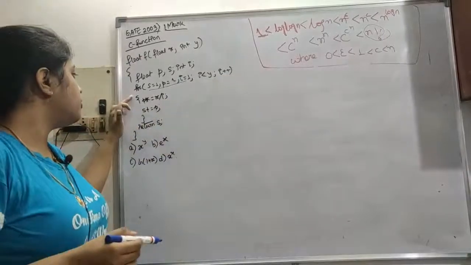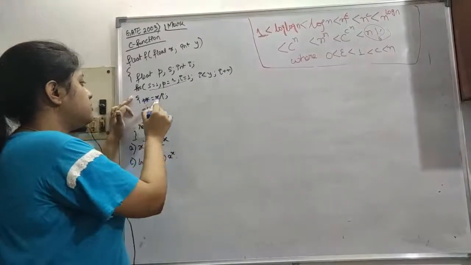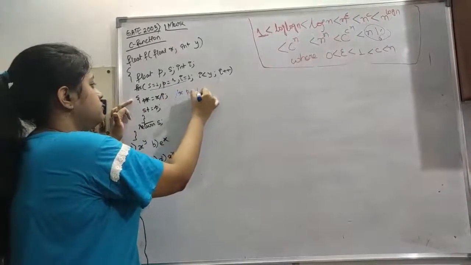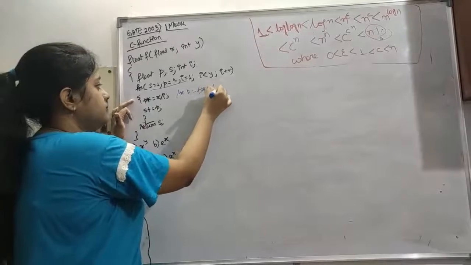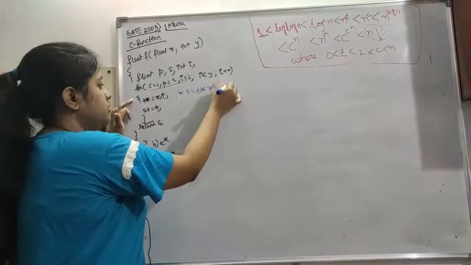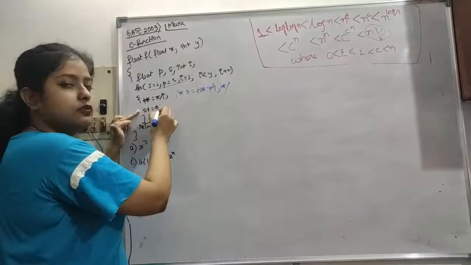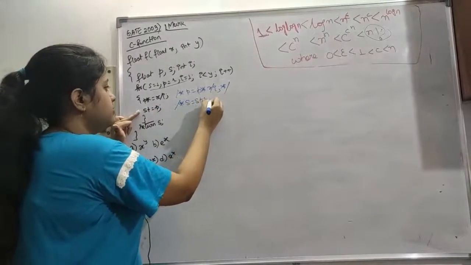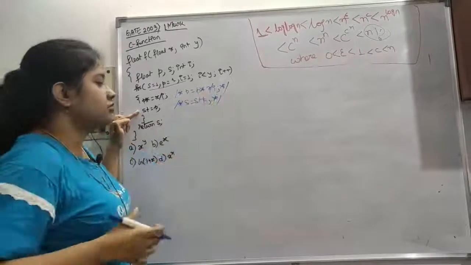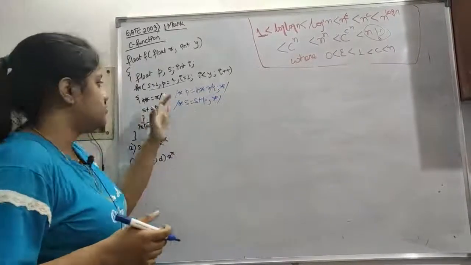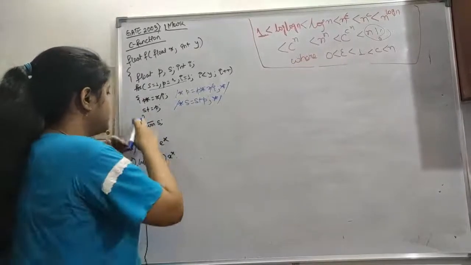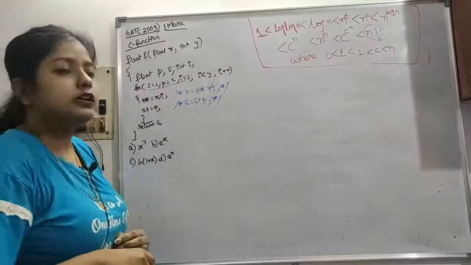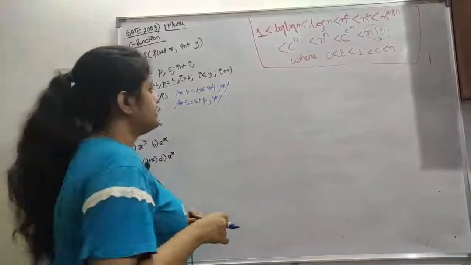Now inside the for loop we have p star equals x by y. You know that this is basically p equals p into x by I. And then s plus equals p, which is s equals s plus p. These are common statements. I am writing it down just to have a clear view. Then return s. Now we have to find which of the following is correct. So now let's see how this is done.